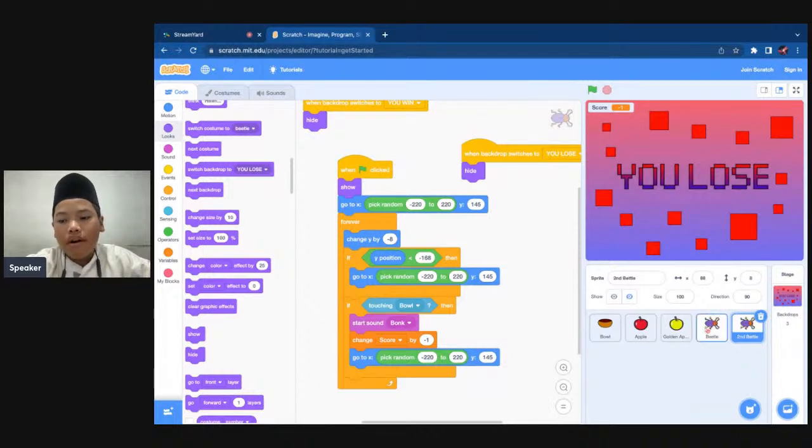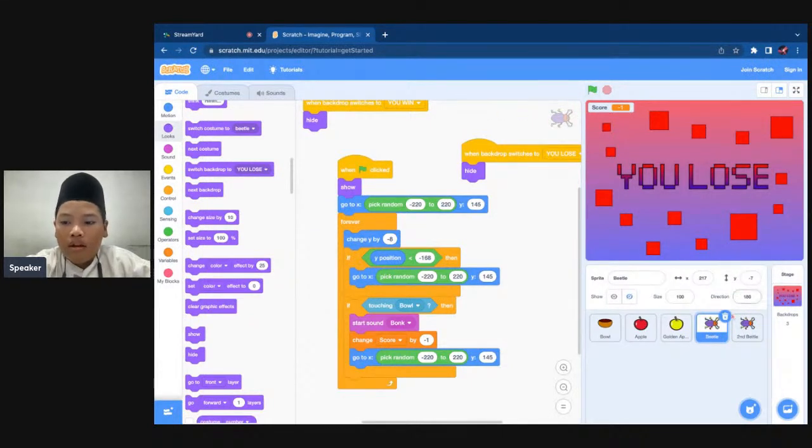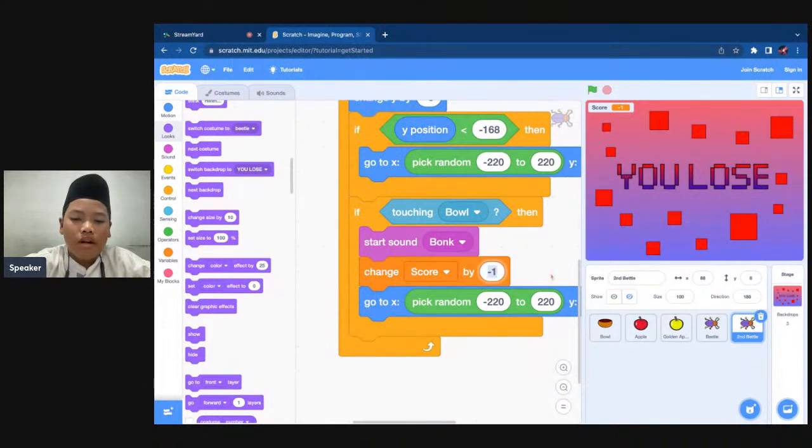And change both directions of beetle and second beetle into 180, like this. Now, in second beetle, change the score by -1, change it into -2, like this.